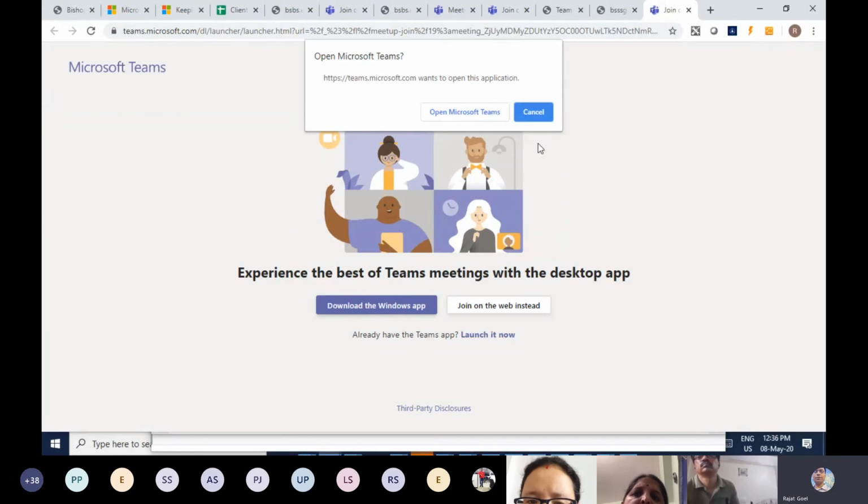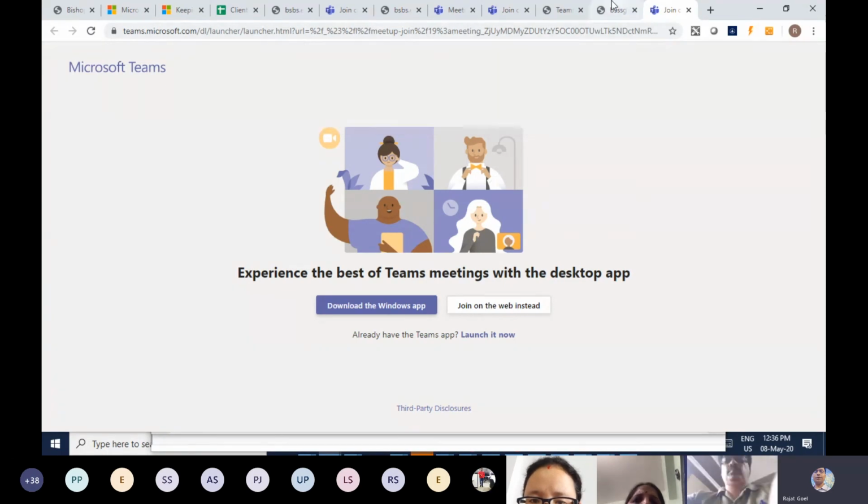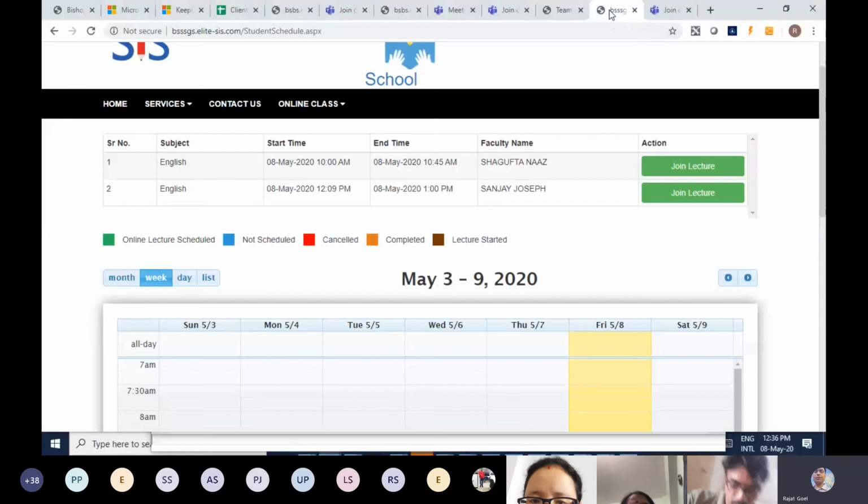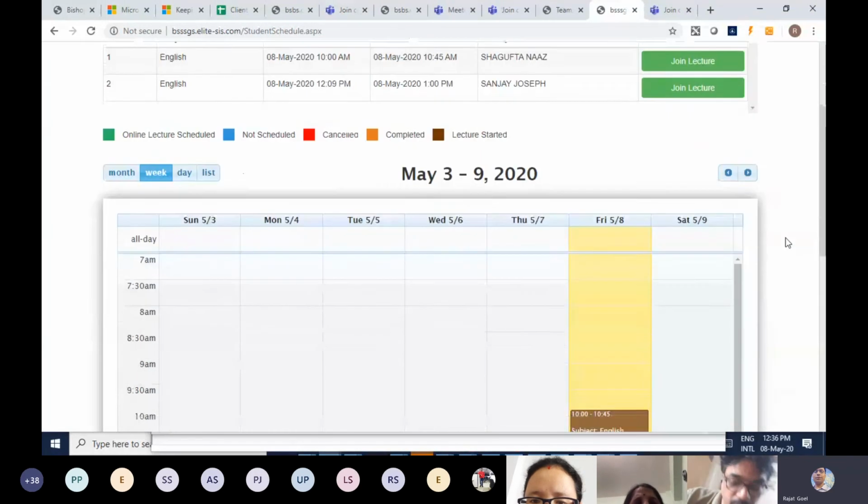Again the Microsoft Teams opening alert box comes up, and they just need to click on Microsoft Teams, and the lecture will automatically open in their Microsoft Teams, and they will be able to join the class with the teacher. So this is the simple step they need to do. They need not log in again and again on Microsoft Teams. Microsoft Teams is just a one-time setup on your devices.